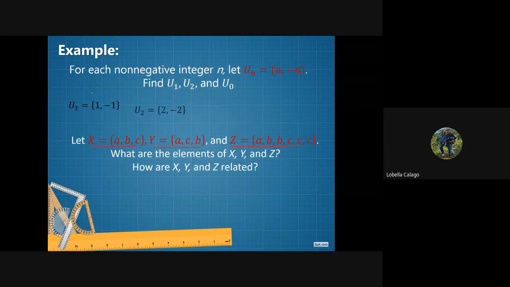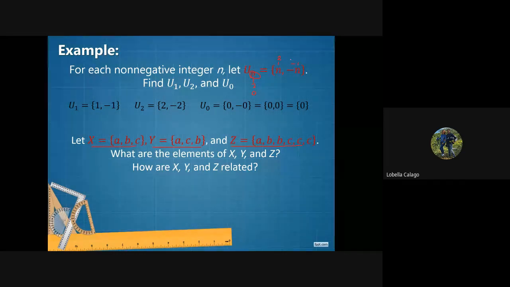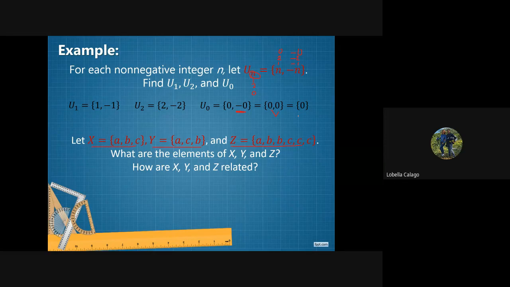So we have u1, u2, and u0. So, saan to kinuha, ma'am? So, this is the n. So, you just substitute 1 here, or 2, or the 0. Since you substitute the n, substitute also the n here. So, we have also 2, negative 2, and 0, negative 0. But remember, there are no negative 0. So, parehas na silang 0, since they are of the same element. So, 0 na lang pwedeng ilagay. So, that is how you write the sets for that